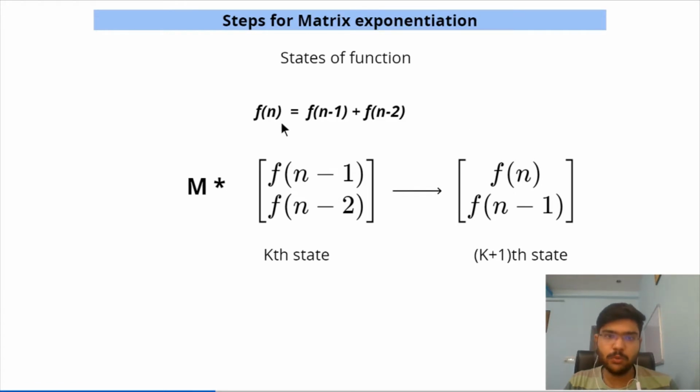So what we'll do is multiply this particular vector, this matrix, with some matrix M to reach this state. Suppose we want to reach from A to B. To equalize it, we multiply with some constant to reach this particular set. Similarly we are doing here. If we want to reach from f(n minus 1) to f(n), we multiply it with some constant matrix to reach there. We name it M.